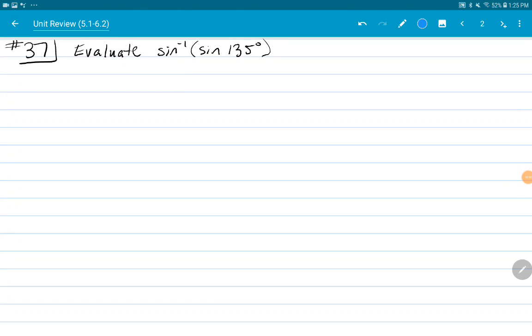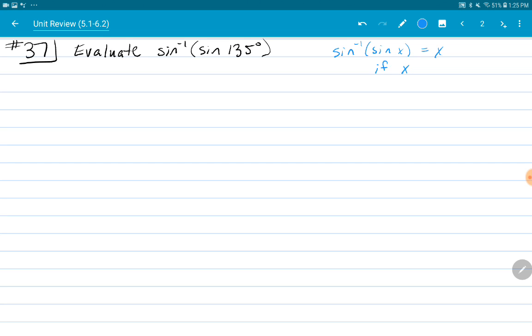We want to evaluate the sine inverse of sine 135 degrees. And since sine inverse and sine are inverses of each other, it's tempting to just say 135 degrees, since I know the inverse of a function composed is just the input. But sine inverse of sine of x gives me back just x,